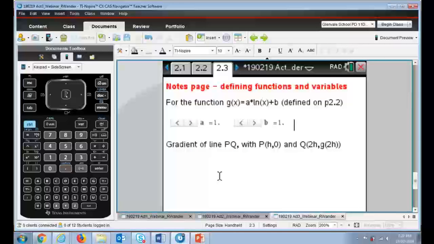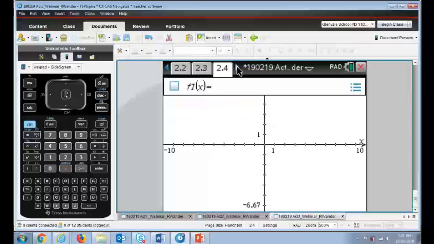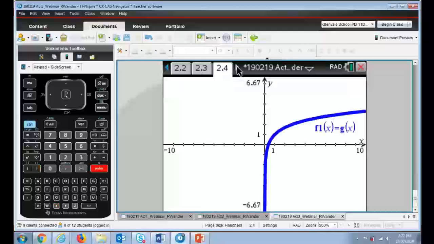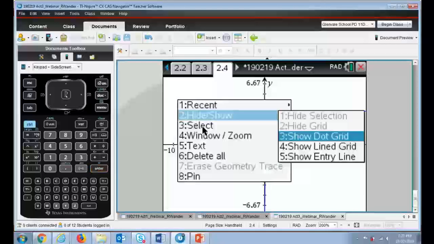Now, at this stage, because I've got a and b defined, it means that on my graph stage I can actually see what the function f of x looks like, or g of x. g of x is the function that I had defined, because remember that I had my sliders for g of x. Now, if I want those on the screen here as well, and I think that would be a good idea,